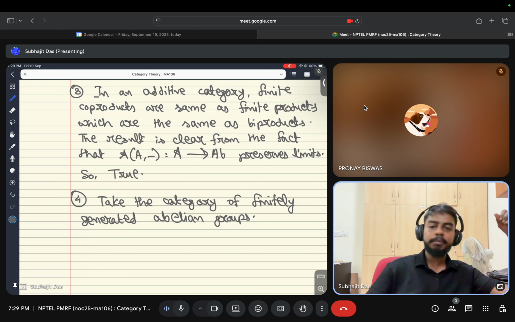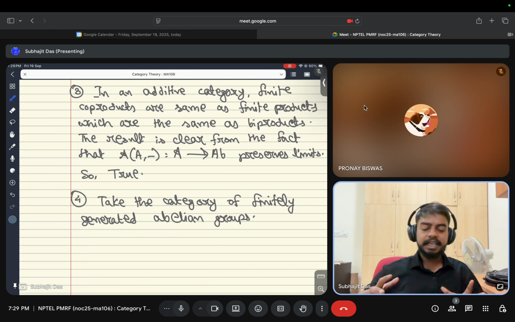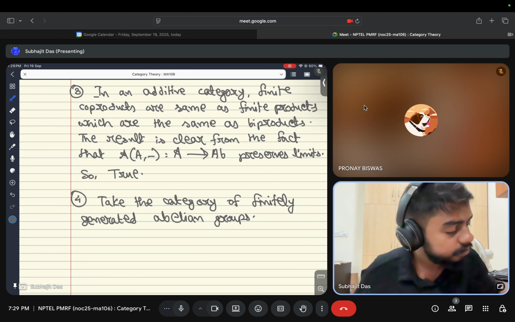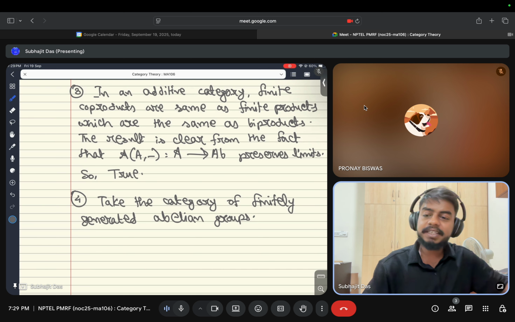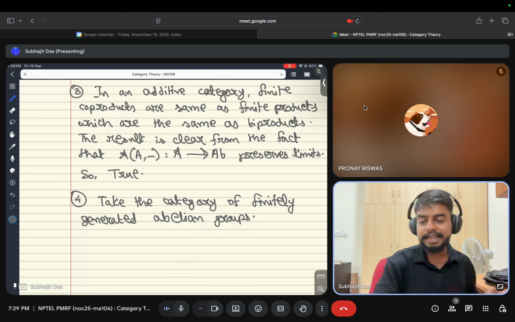That is always true. If some object is finitely generated in an abelian category, in a Grothendieck category actually, then any quotient of it is again finitely generated. This is always true. So it has kernels and co-kernels. Every map is a kernel of its own co-kernel, and every monomorphism is regular and every